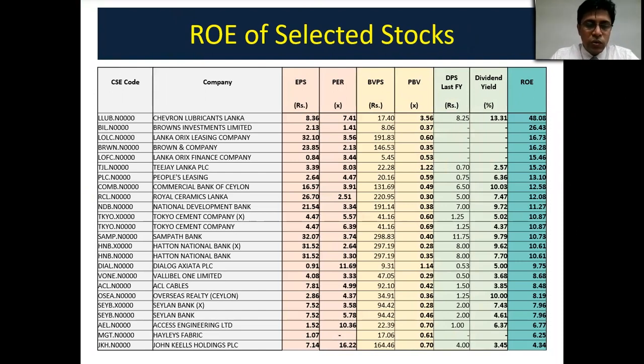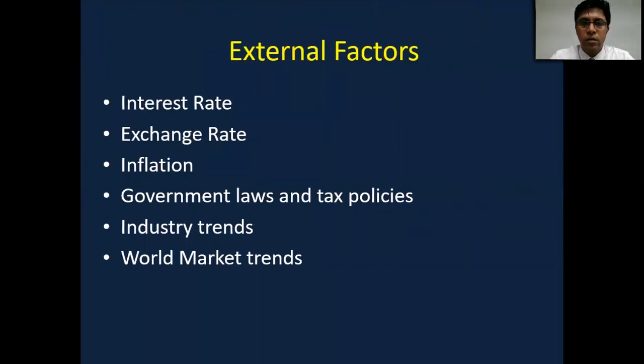Up to now, the ratios we looked at help us to analyze a company based on its profitability and its asset base. However, a company's share price is not only determined by those factors alone. It factors in so many other external factors as well. These external factors could affect the environment the businesses operate in. Some affect the entire market as a whole, and some affect certain businesses in isolation. So now let's take a look at some of those external factors.